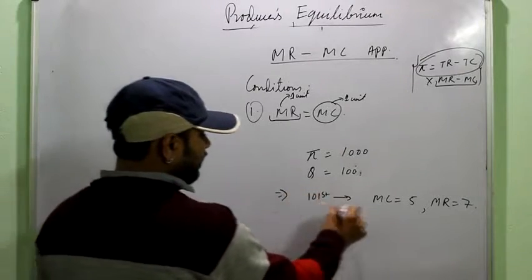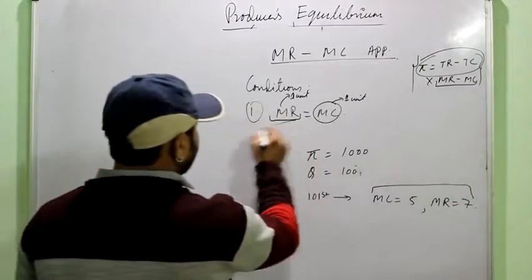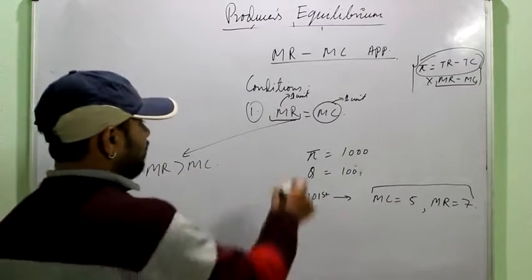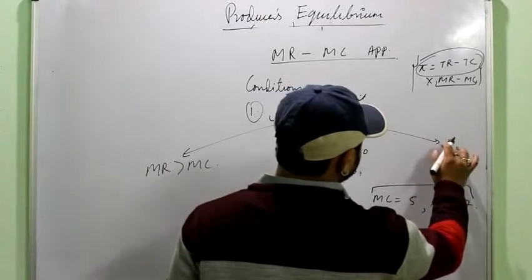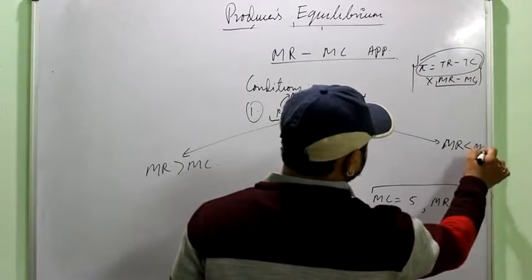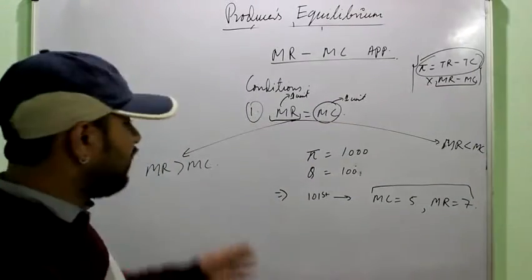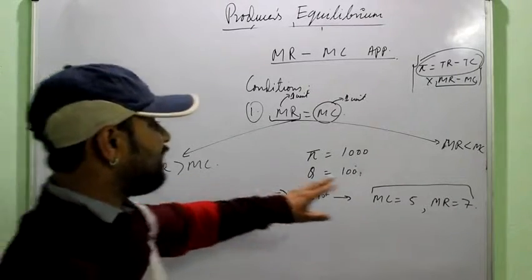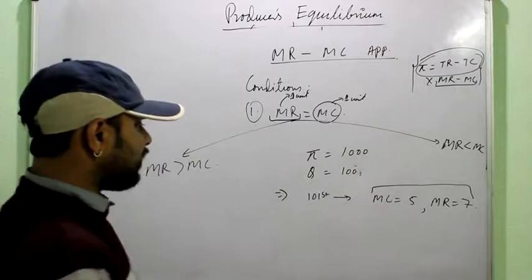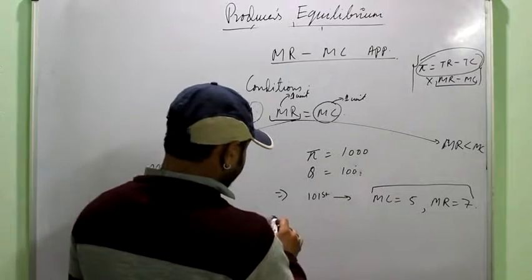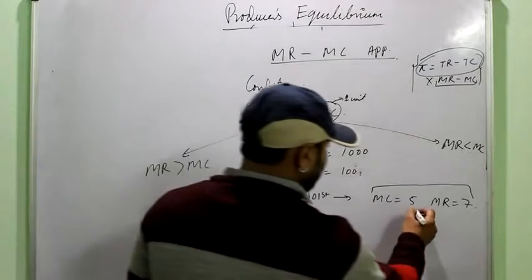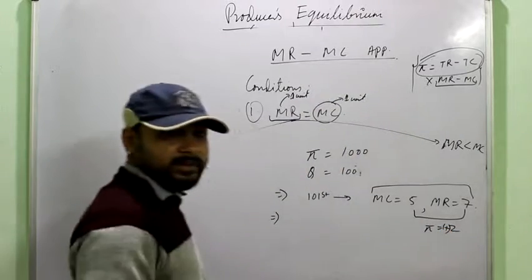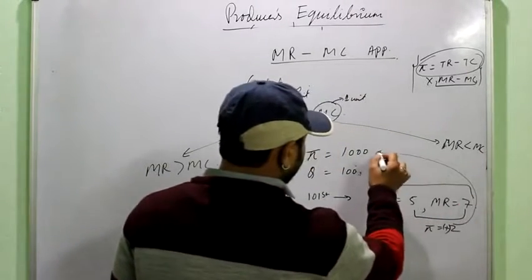So you can simply understand, in this condition MR is greater than MC, right? Similarly, one more situation is possible when MR is less than MC. Remember the method of elimination, the same method we are using. If we want to prove that MR should be equal to MC, we prove that MR greater than MC and MR less than MC cannot be the equilibrium. So now coming back to our example. Now suppose he produces the 101st unit. His profit on this particular unit is rupees 2 positive, right? So it means that his total profit would be